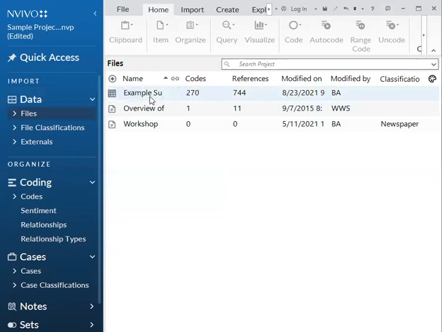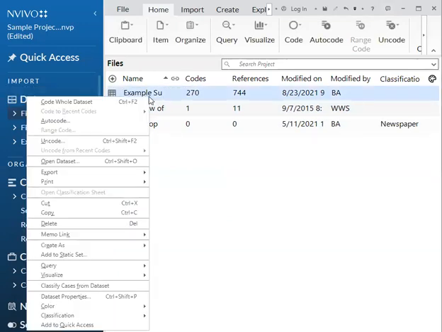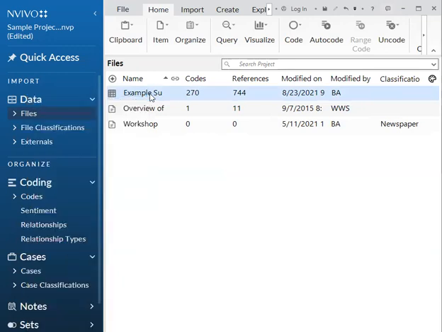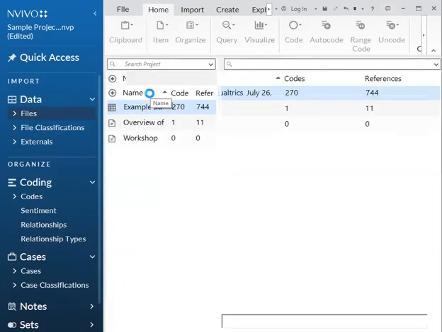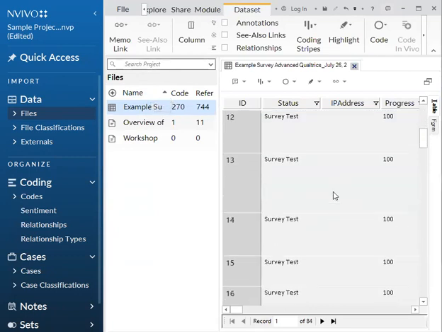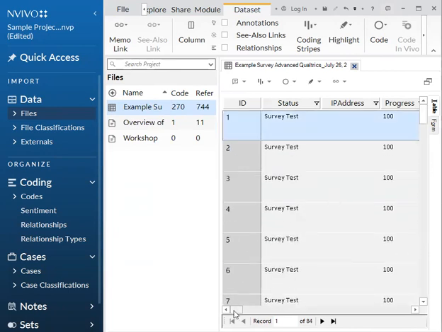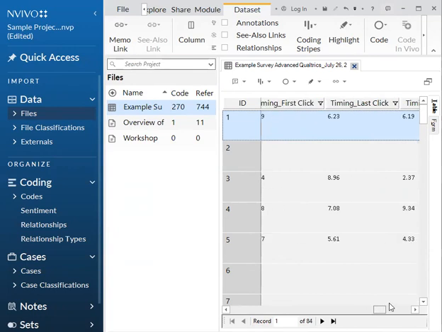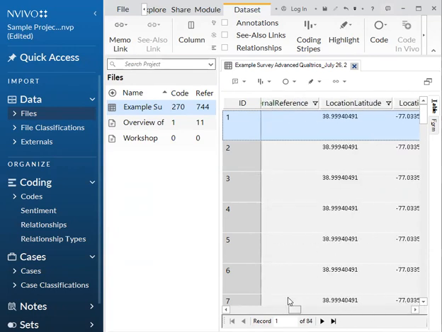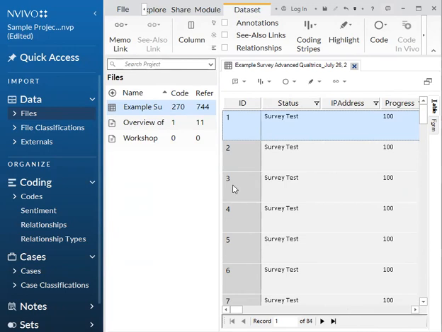All right. And if you want to open it, you would just double click it. And there you go. So here is the data set with all the responses right here. And you can view the entire data set there. So in the next video, we'll be going over coding and organizing this data and different options for viewing it, and then also go over some more functions for doing queries and visualizations with survey data.